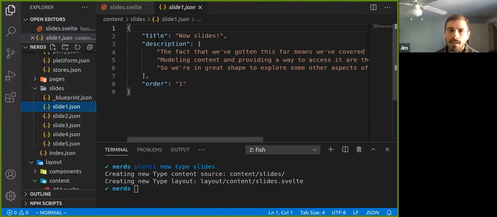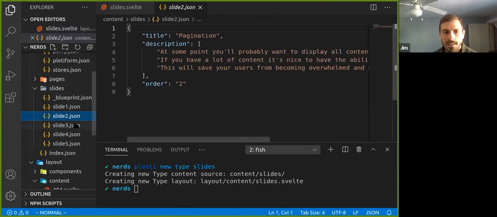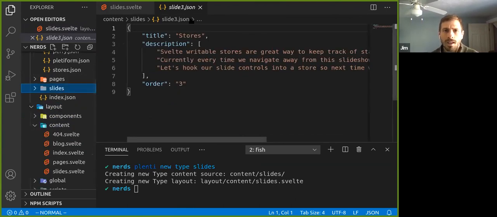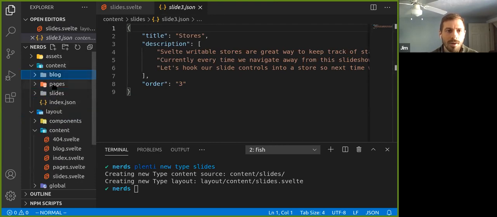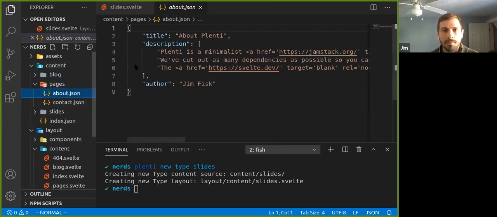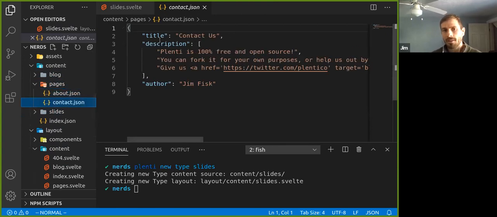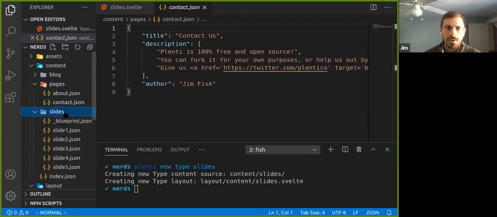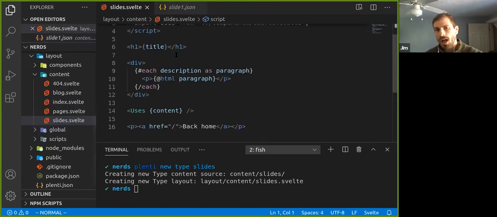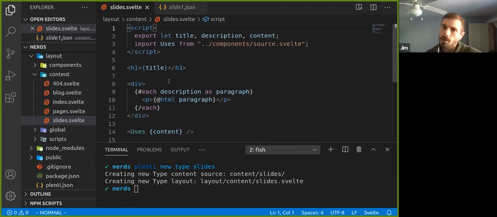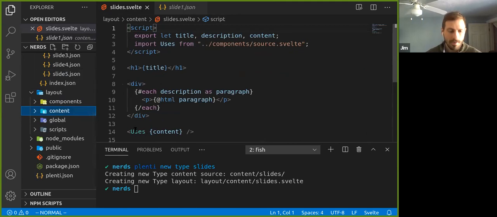Basically, these are pretty standard. They have a title, they have a description, and then each one of these has an order to them. Now, if you look back over here at our regular pages, in this content folder, and you look at about and contact, they look pretty similar. They have the title, description, and author. So they're slightly different, we have an order instead of an author, but they're pretty close to the original information. So basically, this markup that we copied over from our page template should generally work, although there'll be a few differences there. So let's first make sure we have a way to link to this.